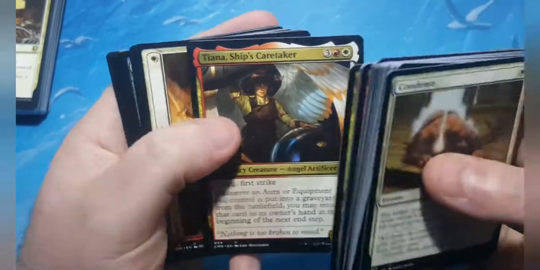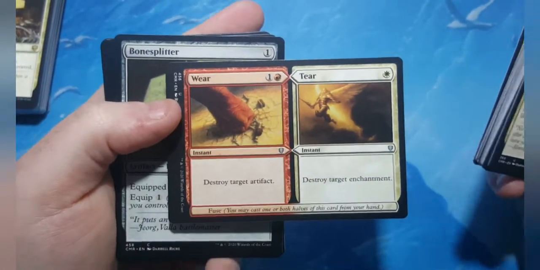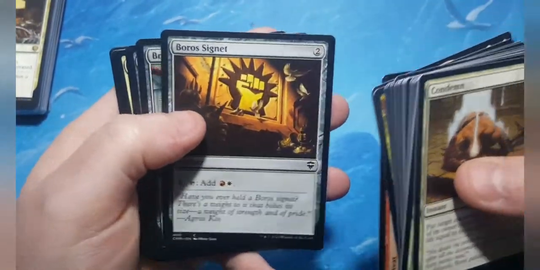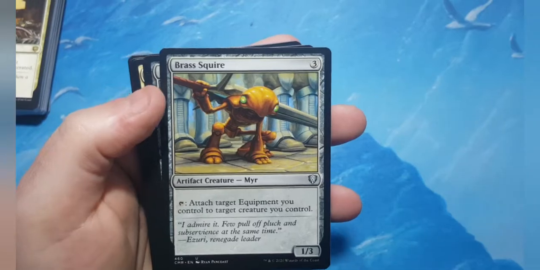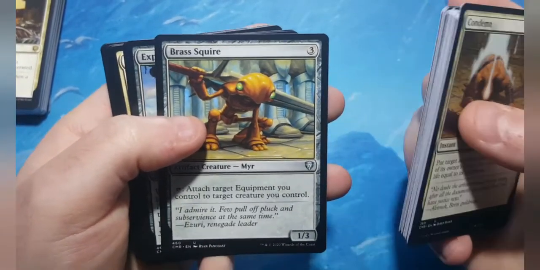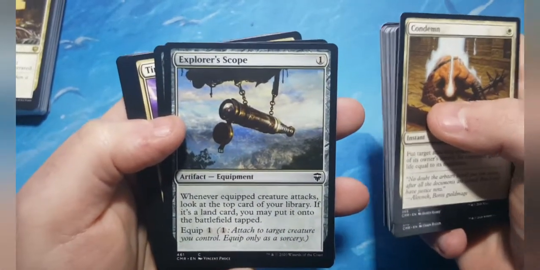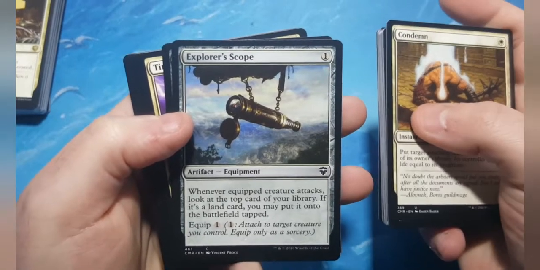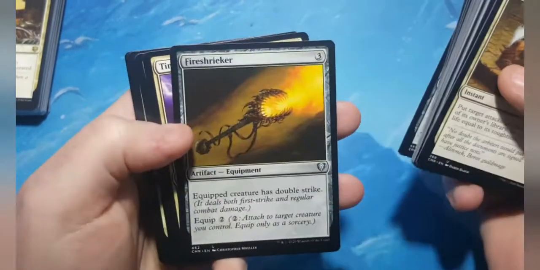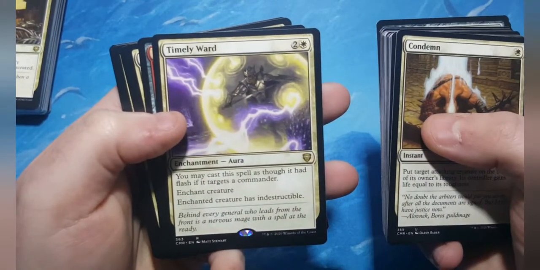Tiana, Ship's Caretaker. A good one here is Wear and Tear. It's got 2 abilities that you can use both. Bonesplitter. A Boros Signet, a Brass Squire, not really, I don't know, attach target equipment you control to a creature. I guess it would make sense in here. Explorer's Scope, I actually started putting in all my budget decks recently that can't go get land, because if you're attacking, you might be able to get some lands into play. Fire Shrieker, Timely Ward,